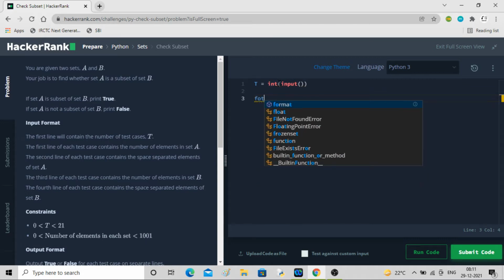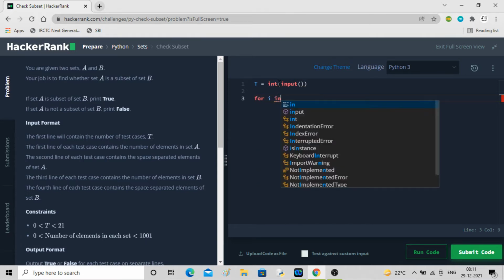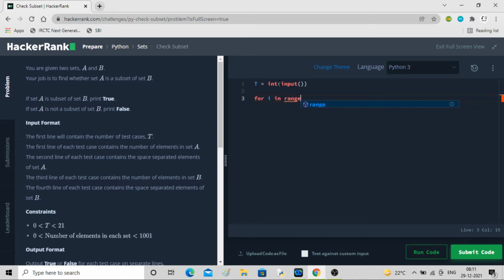So for i in range 0 to t, whatever we do will be inside it. Now we will take the input, because if I take input outside, I won't be able to evaluate other test cases. So every time I have to take input here.